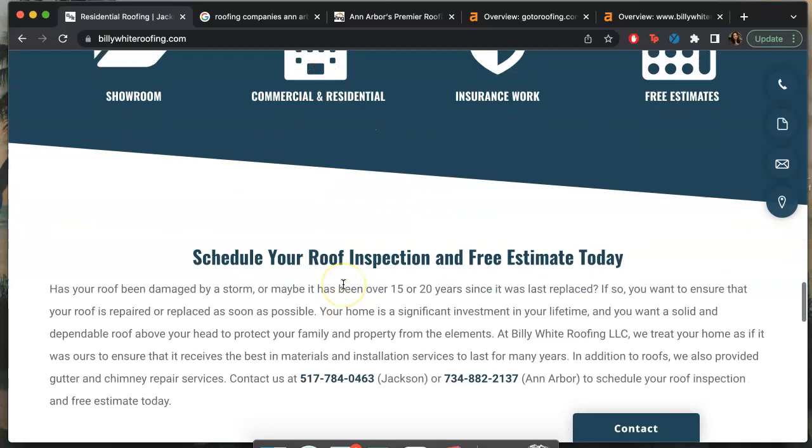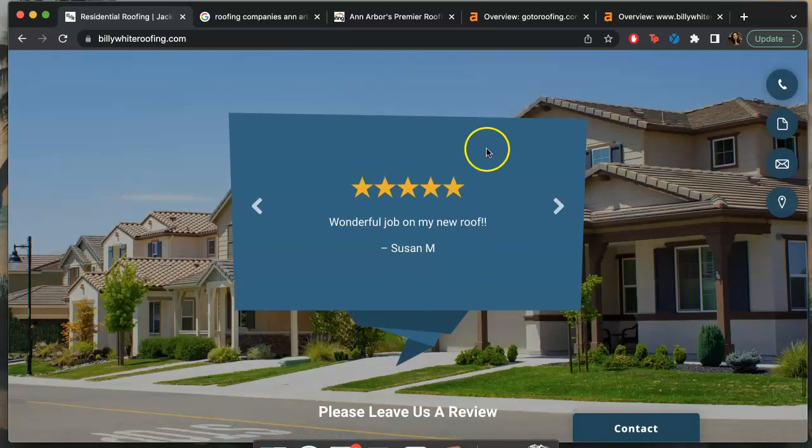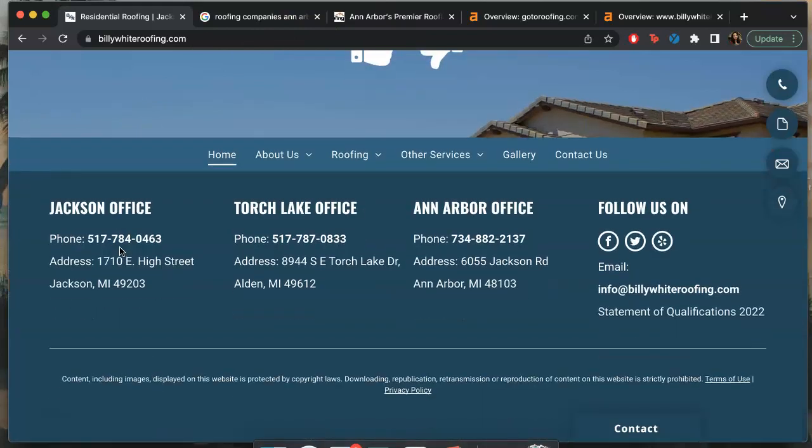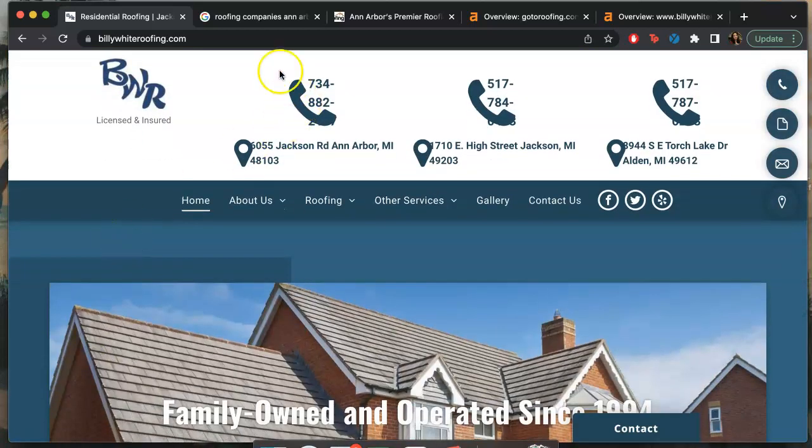I love the graphics you have here, a little bit more content. And then reviews are also really good. We know social proof is huge in the service industry. And then we see the footer. So overall, you have a really nicely designed website. Again, I would just check out the layout of this a little bit. But the only other thing I have to note is I would say we need a little bit more content